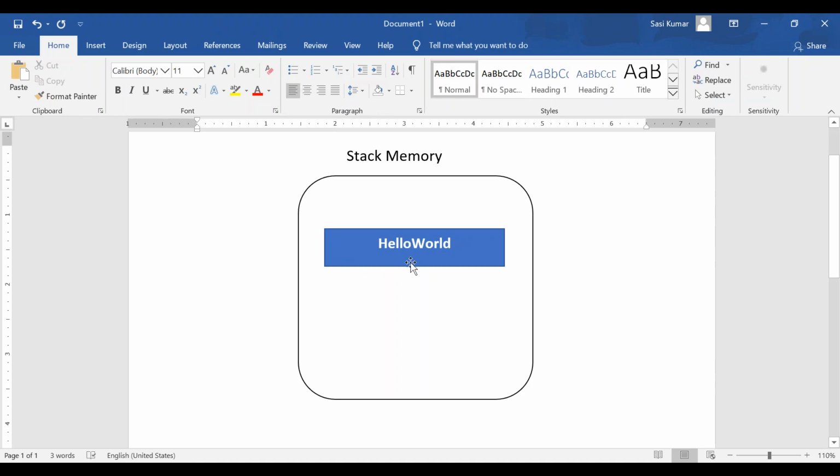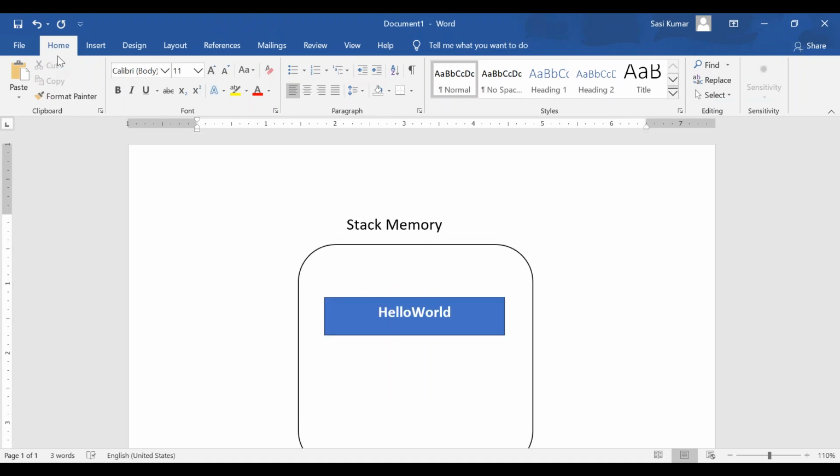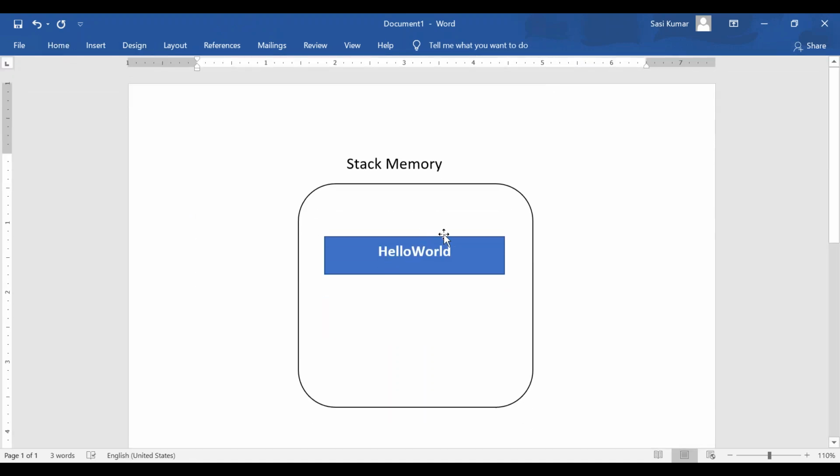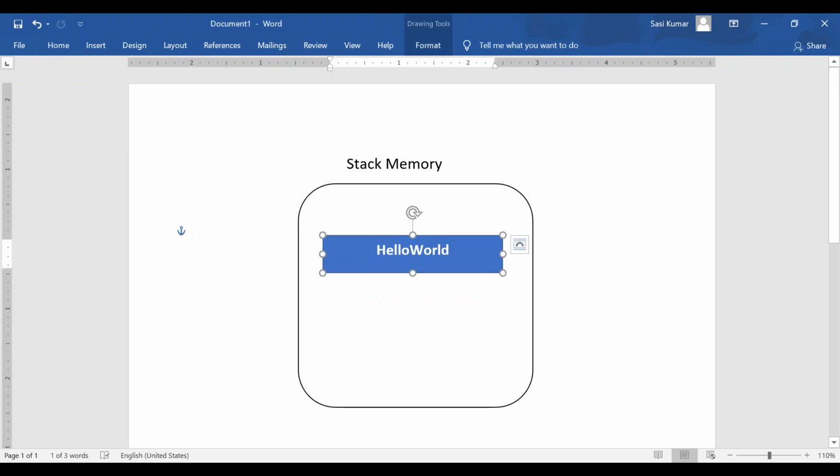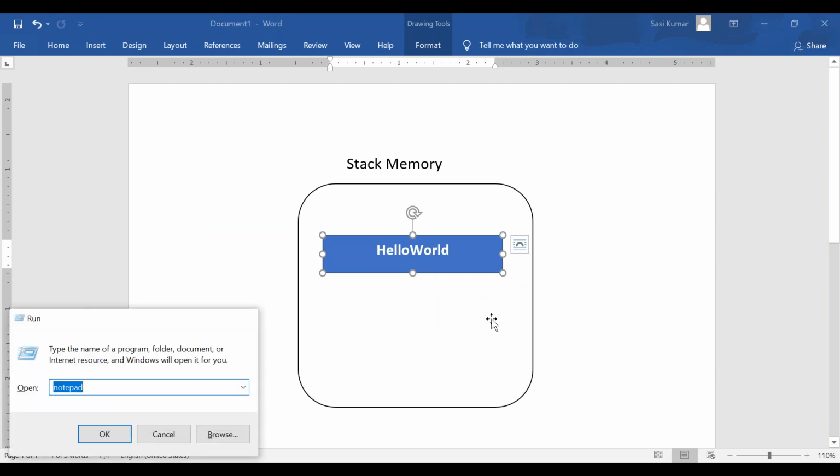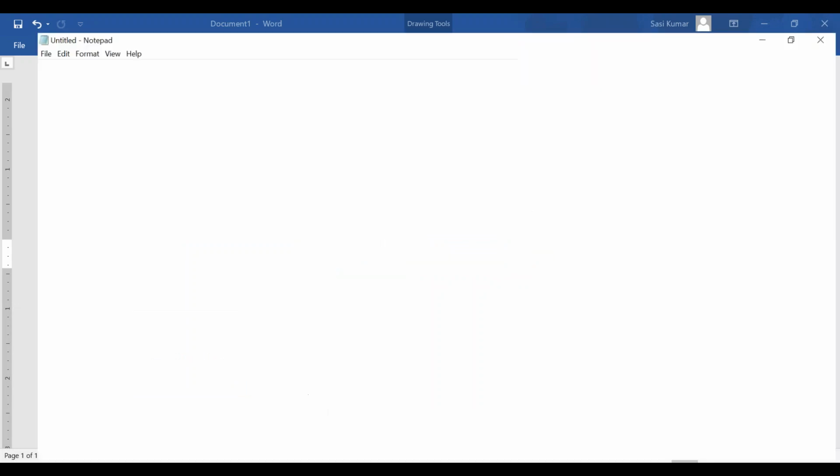So this HelloWorld.class is loaded into stack memory, correct? While we are running any Java program, that class is loaded into stack memory. Who is responsible for loading it? Let's take the notes.